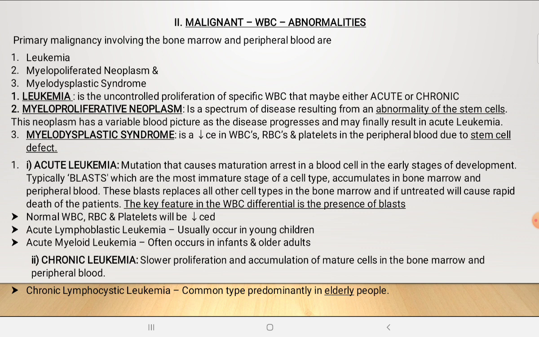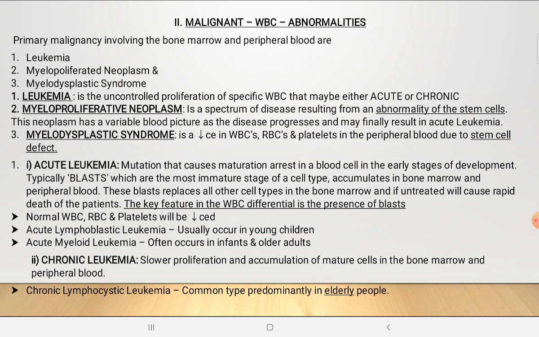So the cells that have to be formed fully matured don't form matured, and they are called blast cells, which are the most immature stage of a cell type, accumulating in the bone marrow and the peripheral blood also. These blasts replace all the cell types in the bone marrow, and if untreated will cause a rapid death